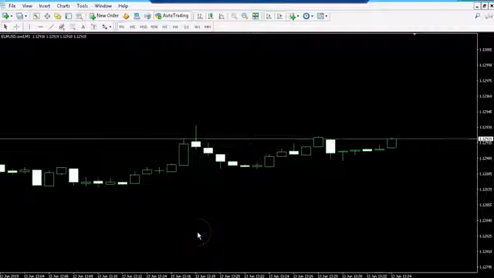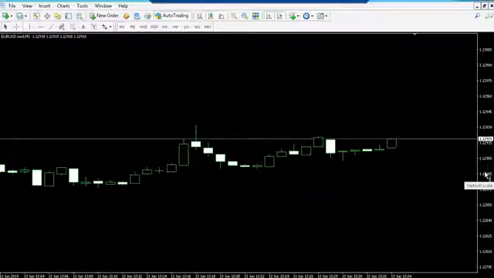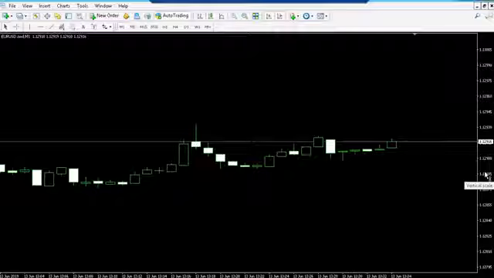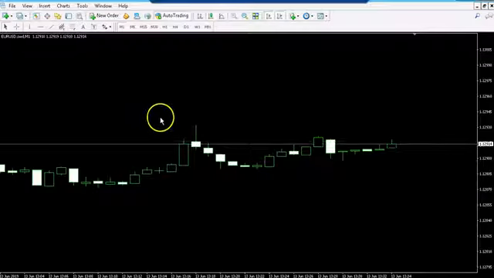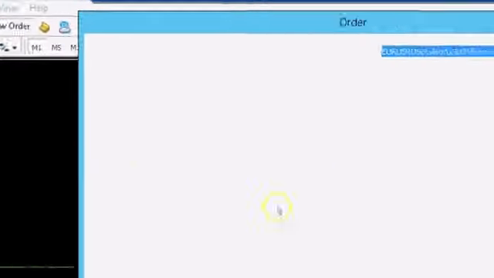Hi there. Today I want to show you a very quick way of how you can check whether your broker is an ECN/STP non-dealing desk broker. All you've got to do is go to this icon over here that says new order. You click on it,